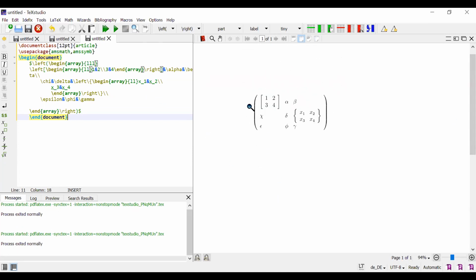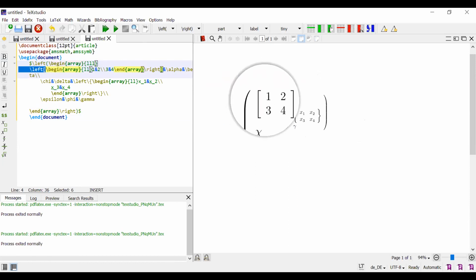So just for this matrix bracket, we write slash left this one. Okay, again, begin array is the array beginning keyword. Next, triple L stands for how many columns you want. Next one is this slash left closed bar, which is nothing but this one.